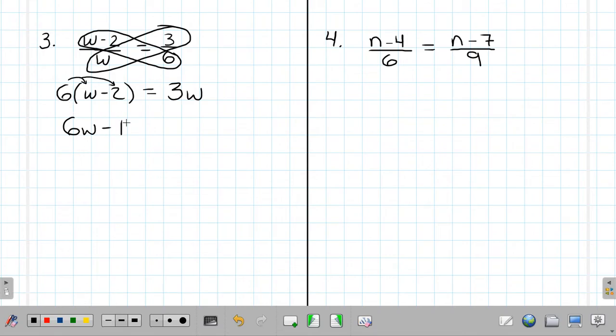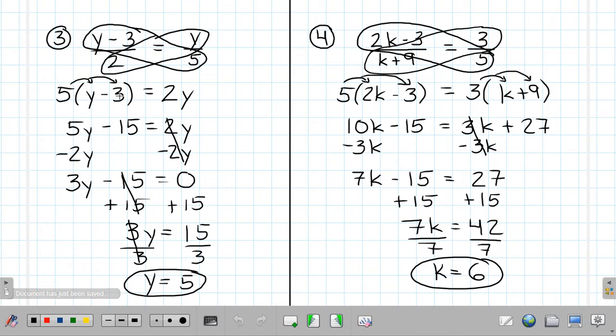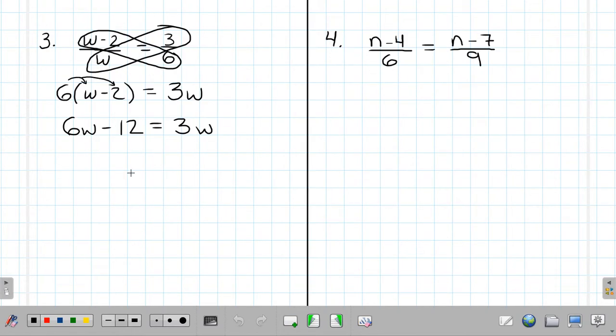Minus 6 times 2 is 12. That's equal to 3w. And then this is kind of the same as what we had with example 3, where we had this thing on the left-hand side and then just a 2y. Well, it's the same thing here. We have this thing on the left-hand side and we just have 3w. But I'm going to do it the same way. I'm going to subtract the 3w. Subtract the 3w. 6w minus 3w is 3w minus 12 is equal to,